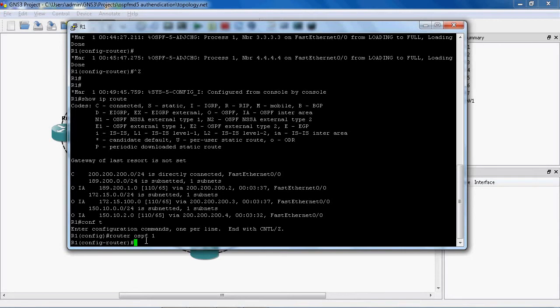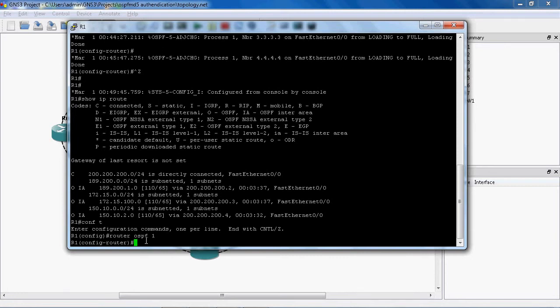That means, for example, in area 0 I configure MD5 authentication common to this area, so all the routers in area 0 should configure the MD5 authentication, then only they form the neighbor relationship. This is one type of configuration for MD5 authentication.